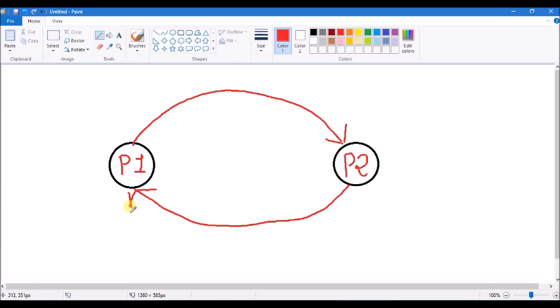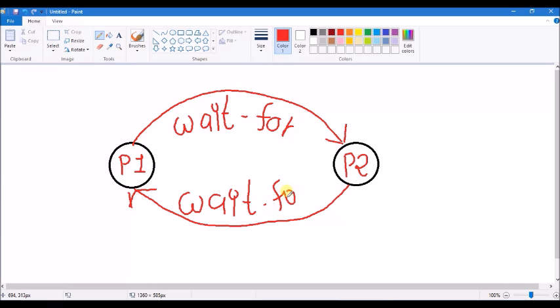From this we can say that process P1 is waiting for process P2 and process P2 is waiting for process P1. This graph is known as a wait-for graph because here one process is waiting for another process, and